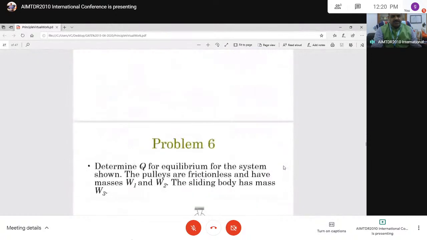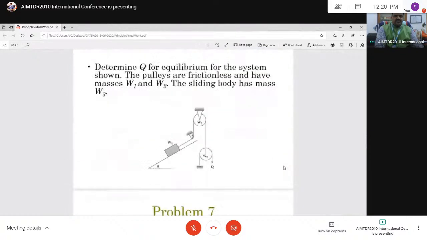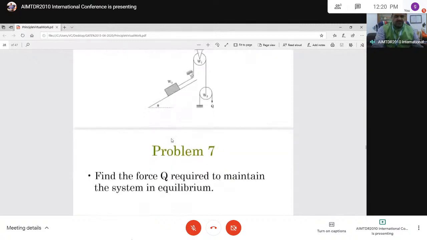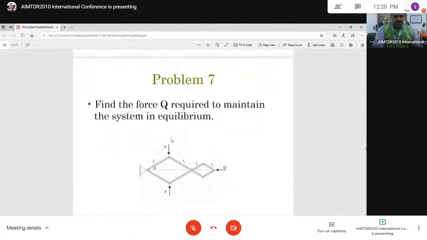Okay. Now let us consider another simple problem where this is a fixed pulley, this is also a fixed pulley, and this is the block. Determine the equilibrium for the system shown. The pulleys are frictionless and have masses, the three weights W1, W2 and W3. Now if we can represent this, the force,